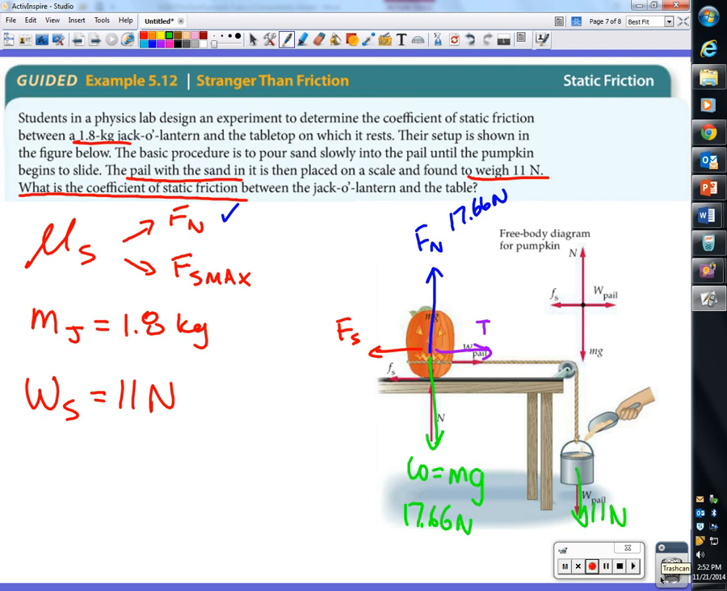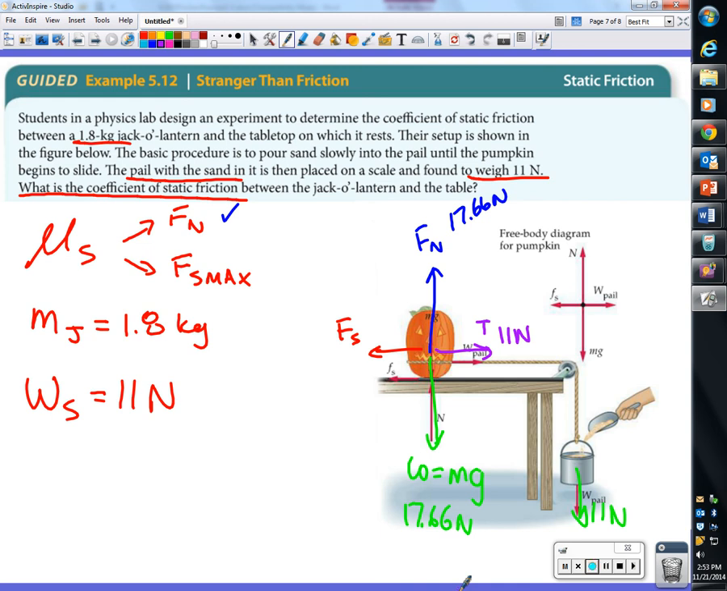Tension transfers force all the way through. So if 11 newtons of gravity is pulling on this pail, guess what's happening to our jack-o'-lantern? It's going to feel a force of 11 newtons, because that's what tension does. It's the same on both ends. Okay? Now, here's where we have to kind of go, okay. We're talking about the difference in 1 grain of sand. Yes? Okay? Meaning that if there's 11 newtons plus 1 grain of sand, that's bigger than the static friction force